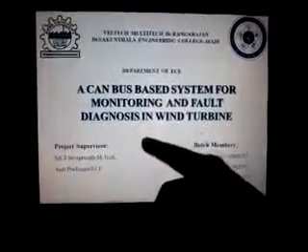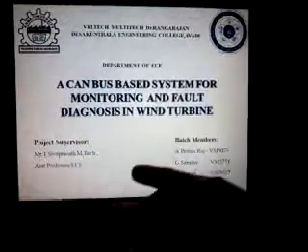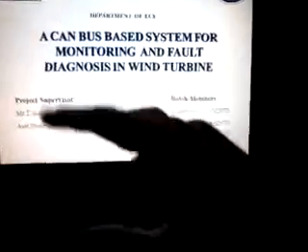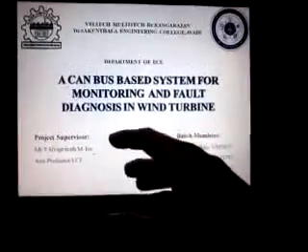This is our project, a CAN-based system for monitoring and fault diagnosis in wind turbines. P. Prithviraj, G. Saradi and C. Srinath did this project. What we have done here is monitor and diagnose faults